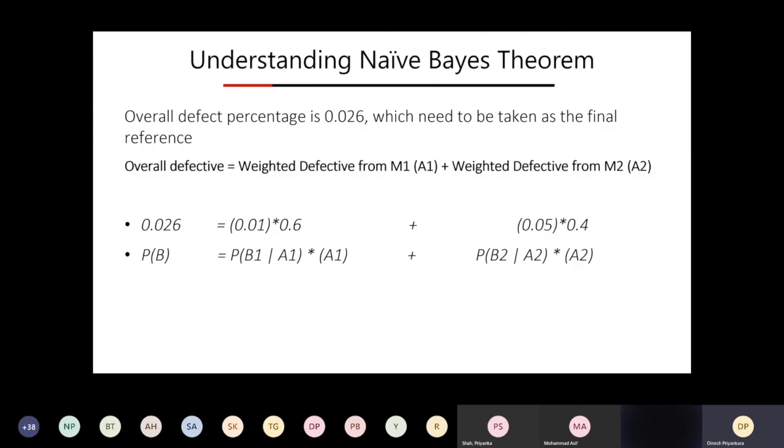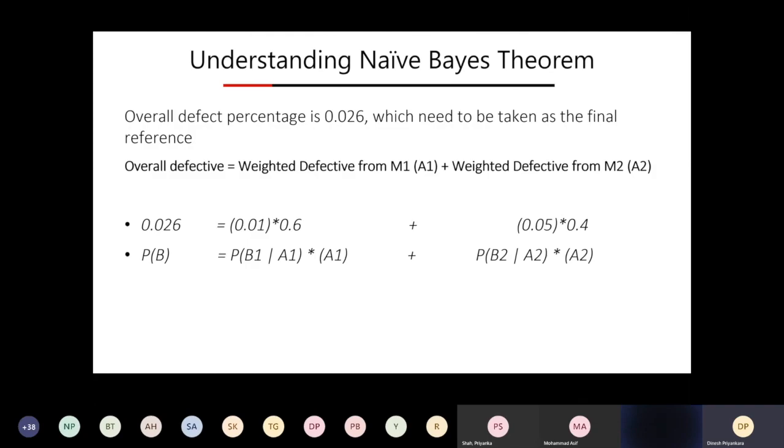For example, like this, I can divide it by the probability of B again, and check and see the values related to the first part of the right side and the second part of the right side. So for example, if I know that this ice cream has been produced by the first machine,